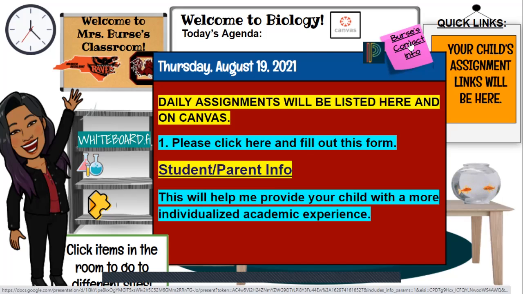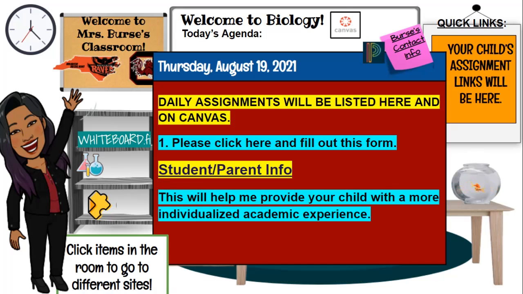When you click on that link, you should be taken directly to a page that I'll show you in just a moment. Usually when the students are seeing their daily agenda, it will have different links on here, as well as their links to their assignments. They will be over on the right-hand side, and within the actual daily agenda. They will also see a Zoom link. That Zoom link is for them if they are not physically able to be in my classroom. They can still click on it and join the class and do the assignments on Canvas so they don't get behind.